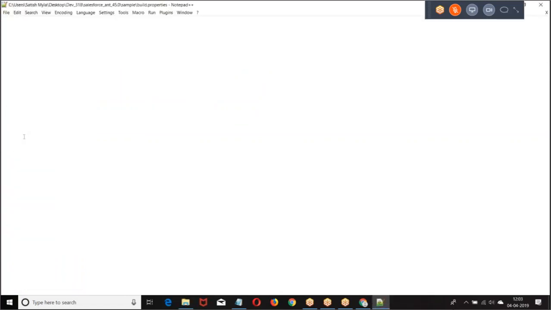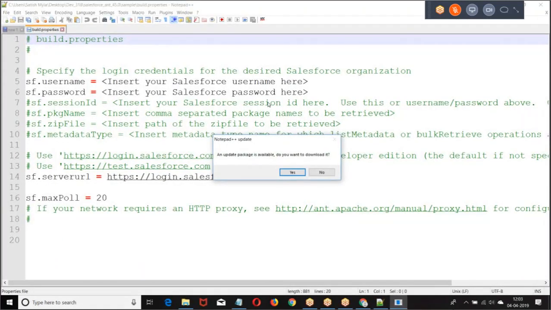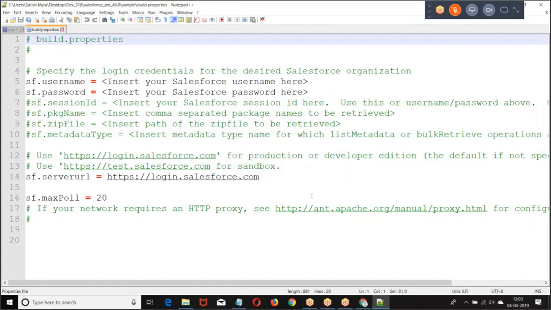What is this build.properties? This file will contain the username and password of the organization from where you want to fetch the code or to which you want to deploy the code.